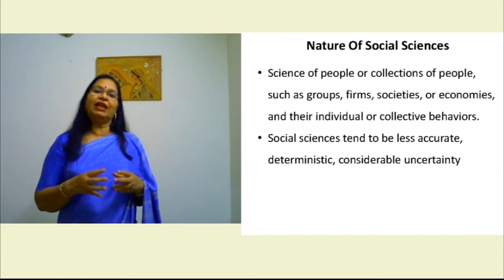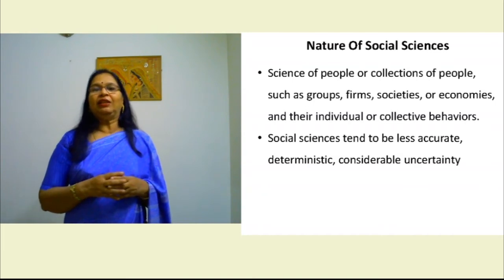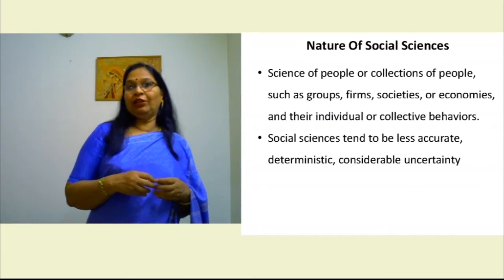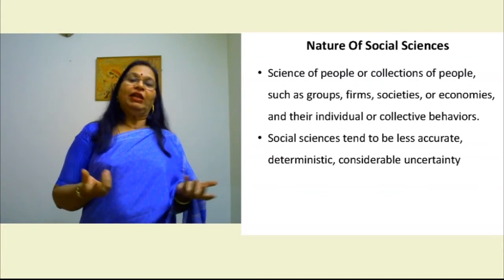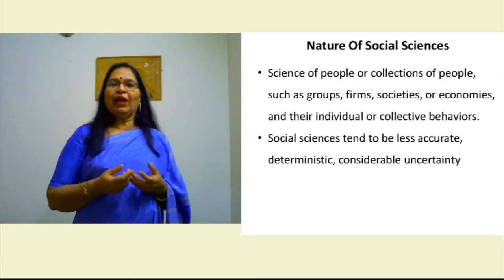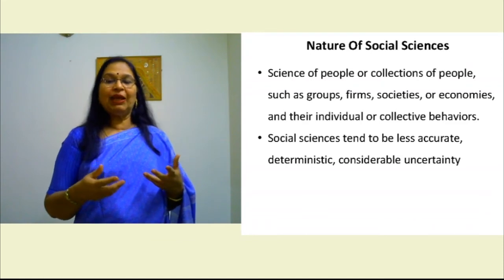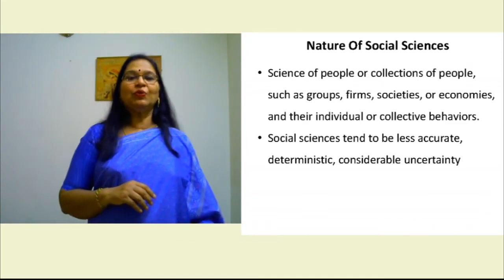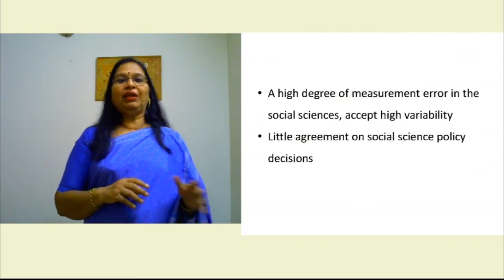So we can very easily say that there is an element of uncertainty in the findings that we might make. The research might throw up something totally different from what is expected, and then society has to accept or understand that and move on. That is how social sciences are by nature.